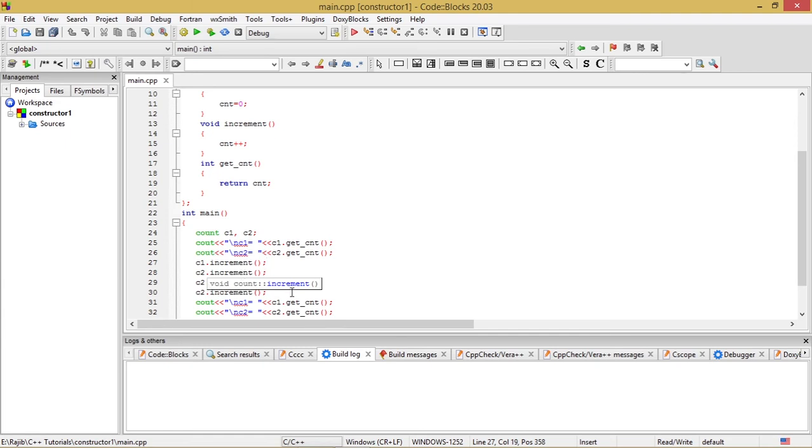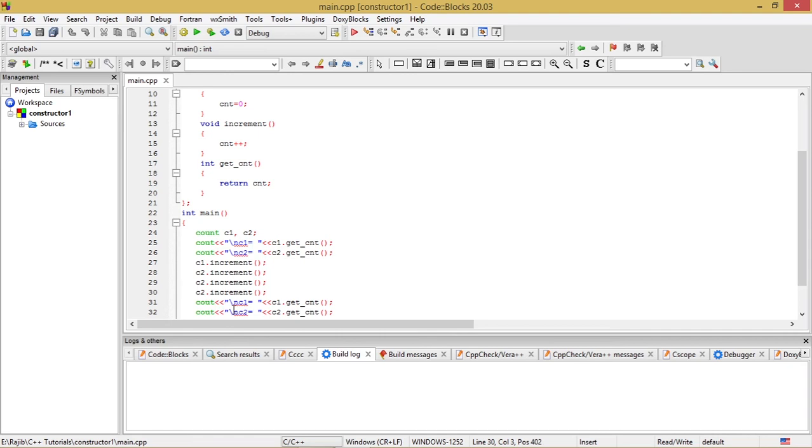After that, yet again I have done the same thing in the third increment function call, that is C2.increment. Again, the CNT variable of the C2 object will be incremented by unity, from 1 to 2. After that, I have again called increment with the help of this C2 object, and CNT will be incremented by unity once again to become 3 from the last value of CNT in C2, that is 2.